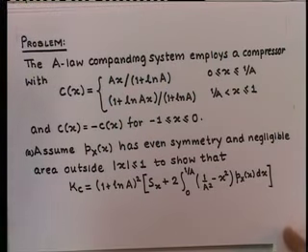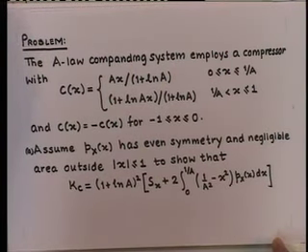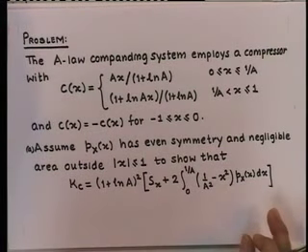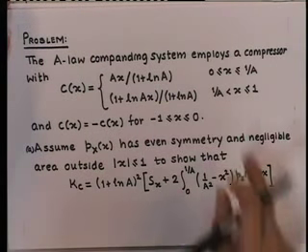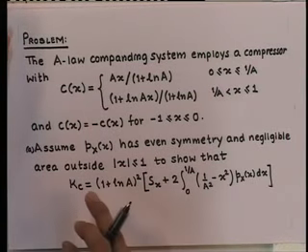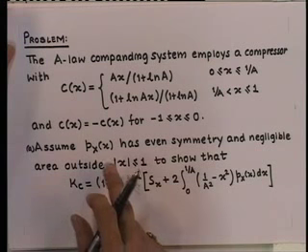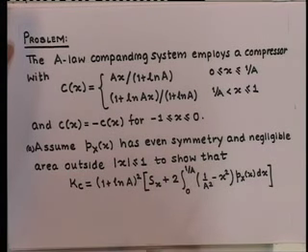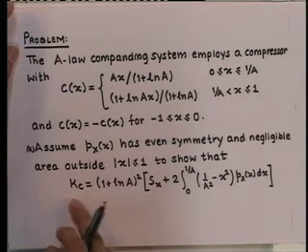Now, let us take another example. This example resembles the earlier example which we did for mu log companding. Now, this is for the A log companding system, which employs a compressor of this form, and we assume that the input PDF has even symmetry and negligible area outside mod x less than or equal to 1, and we are required to show that the value of